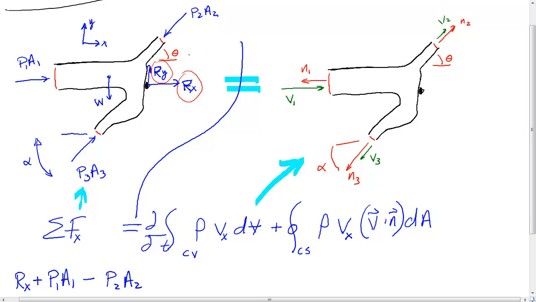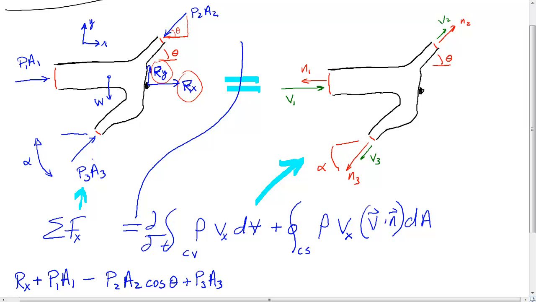This one is minus P2A2. Now, if you looked at this, I'll sneak this in here. Here's your theta. So we're interested in this component of it right along in here. So what we end up with is cosine of theta. And now we need to deal with the component down here. It's going in the positive. The component there is going in the positive